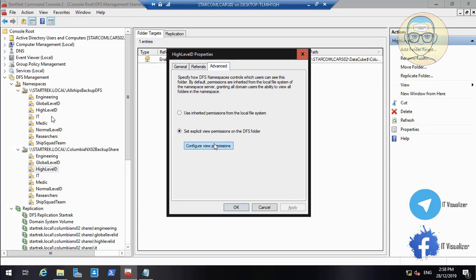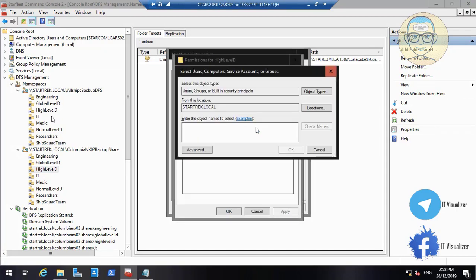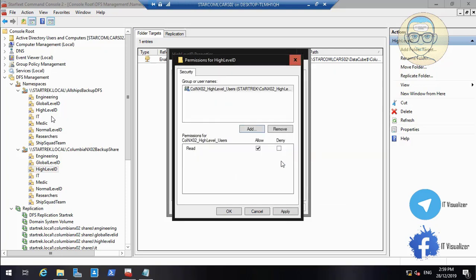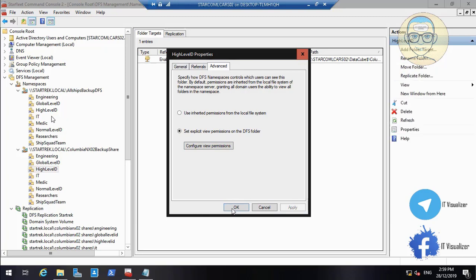Expel permission, configure, and then add. And then we will add the Columbia high level group. Okay. Columbia high level users. Okay, and then okay, and then we will add, this is read permission, and then we'll add the IT, and we continue doing this one by one. The IT